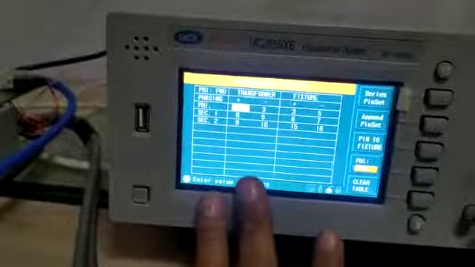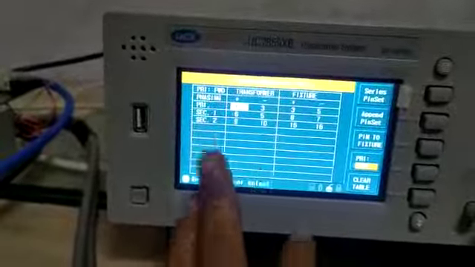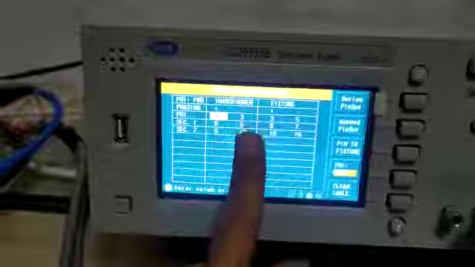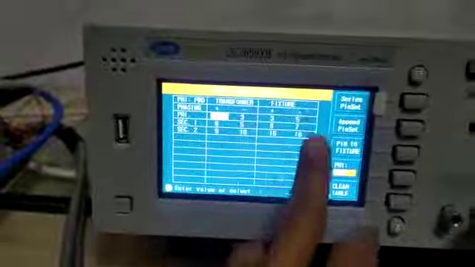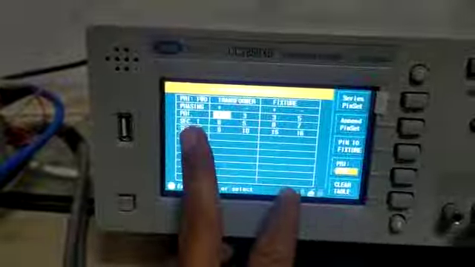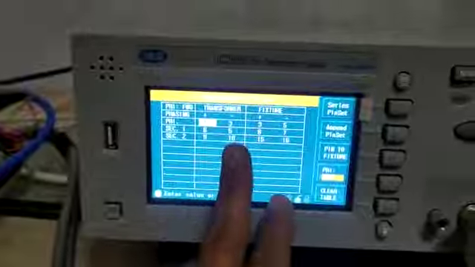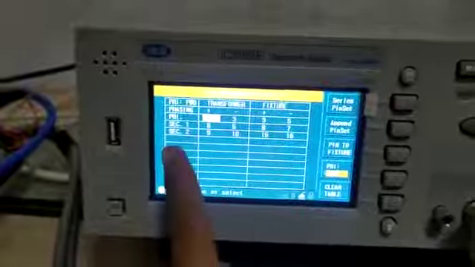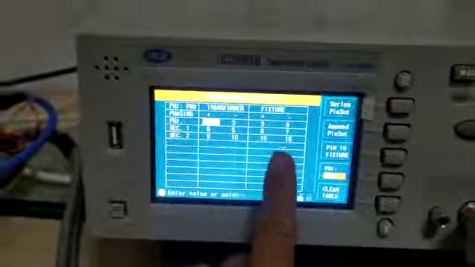And this is the transformer pin setting. Primary winding 1 to 3, fixture 3 to 5, secondary winding 1, 6 to 5, 8 to 7, secondary 2, 9 to 10 and 15 to 16.